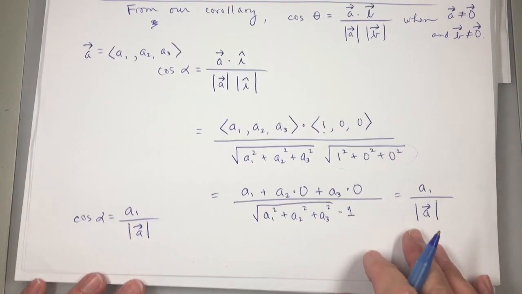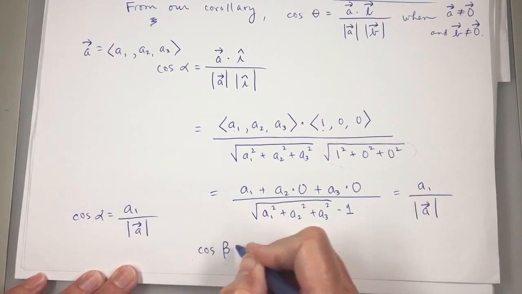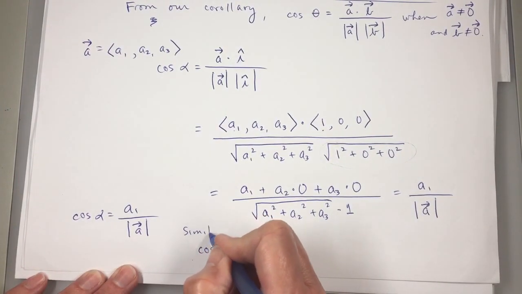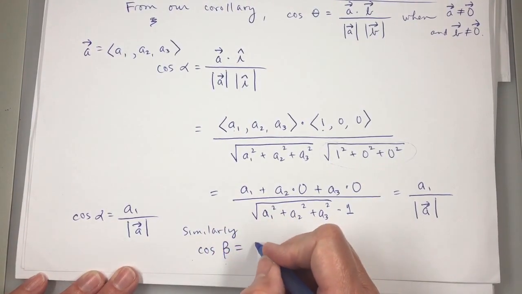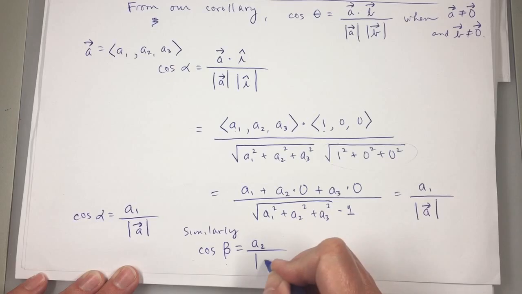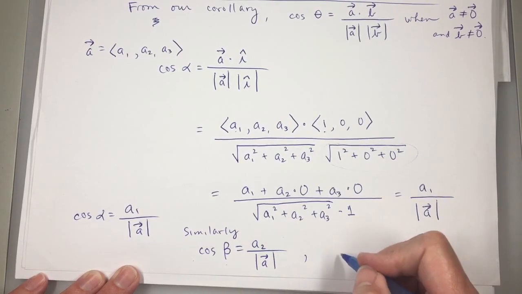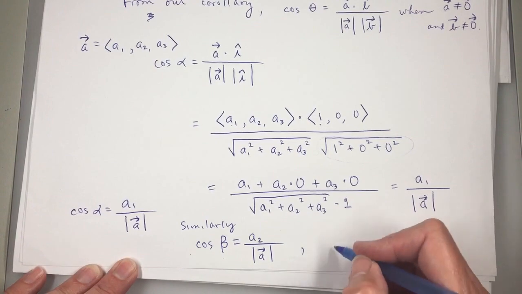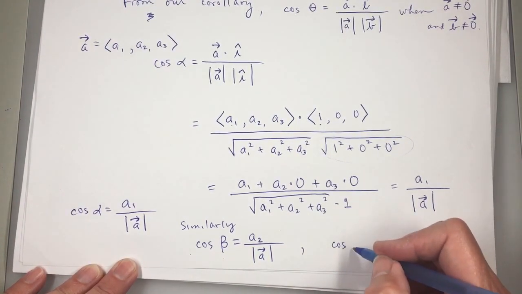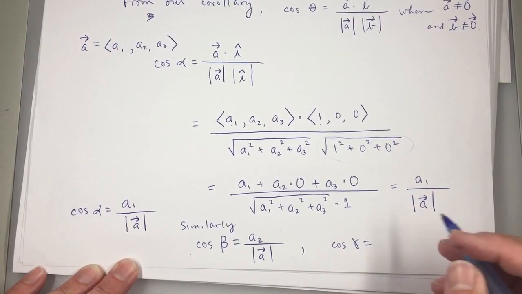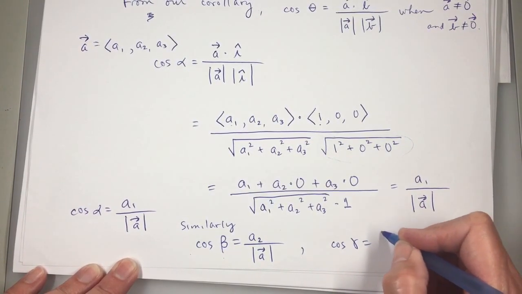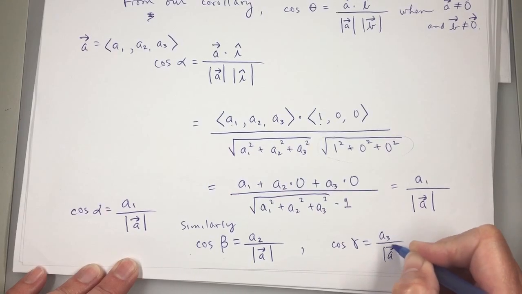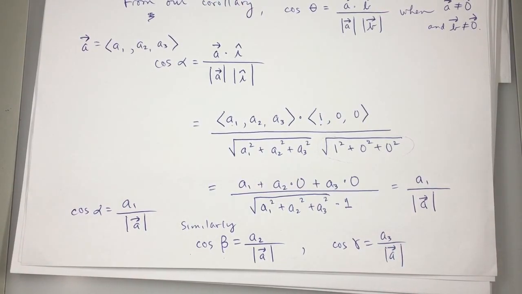What about the cosine of beta? I could say similarly, cosine beta is going to be A2 over the magnitude of A. And cosine of gamma, let's see, is that the unit vector? That's a number, isn't it? Okay, A3 over the magnitude of A. So the direction cosines. Okay, what we have left in this